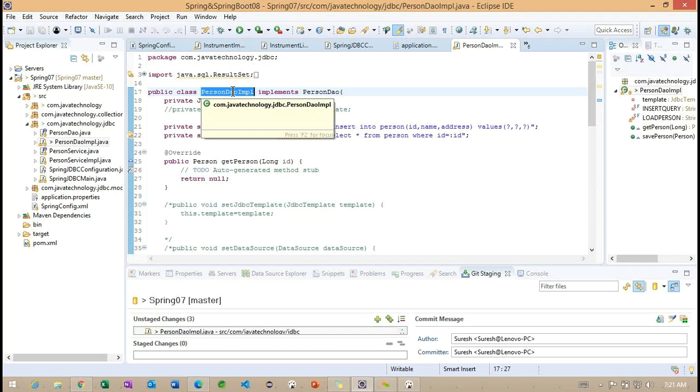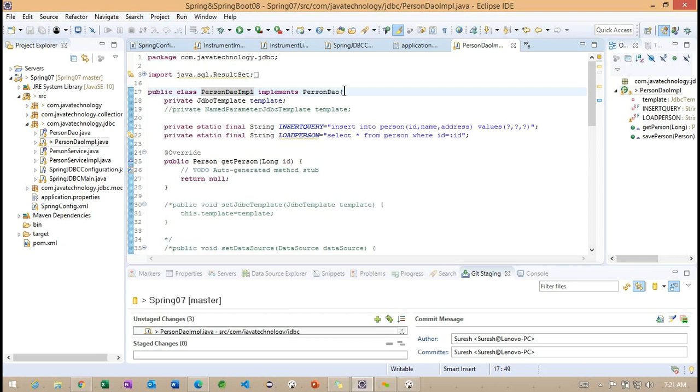In the bean, we have to mention the bean name and the implementation class. Bean ID with implementation class. Which implementation class do we need to specify? The same DAO implementation, Person service. PersonDAO is the interface implemented, so we will mention the PersonDAO implementation there as the class of the bean tag. That is correct. But in the same way, we are not going to work with the bean tag.